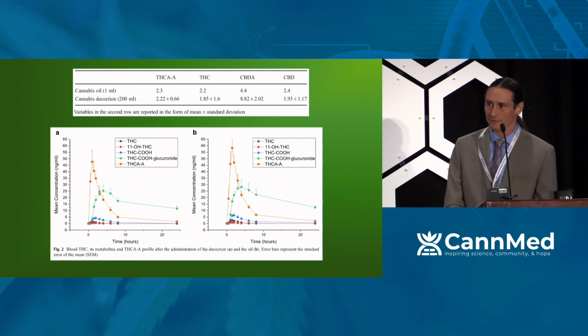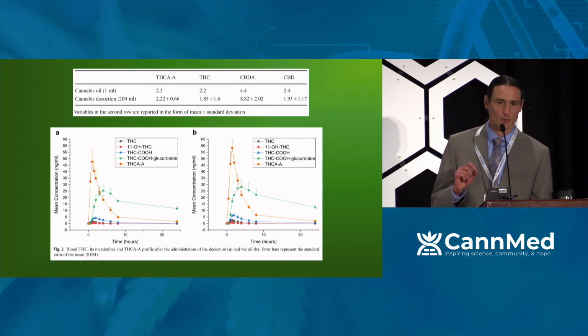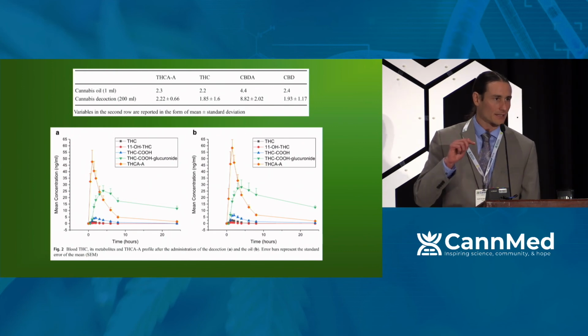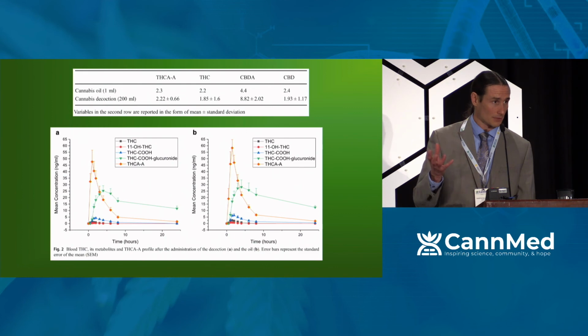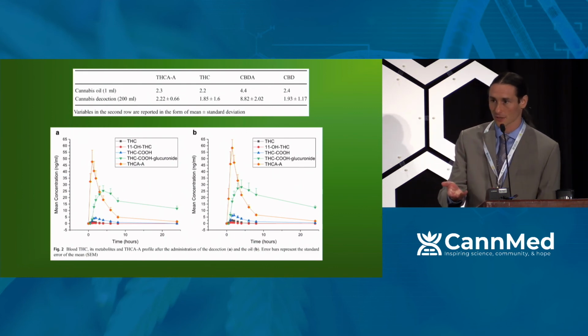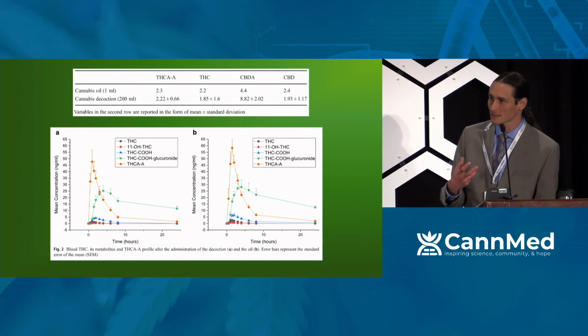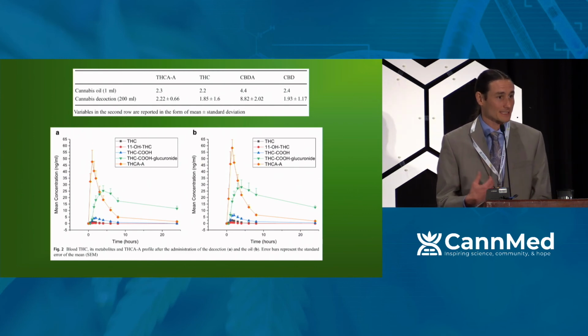The other thing that's kind of flipped on its head in the study, and it's a little hard to see: remember the oral dosing of pharmaceutical grade THC? We saw higher levels of 11-hydroxy than we saw of the parent compound THC. That's reversed in this. So here we have higher levels of THC than the 11-hydroxy, and that's likely because the presence of these other cannabinoids, the acidic cannabinoids, is inhibiting some of that first-pass metabolism of THC, right?